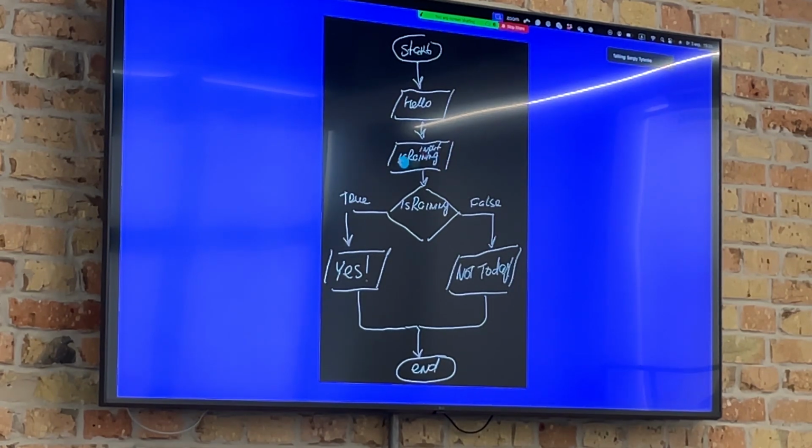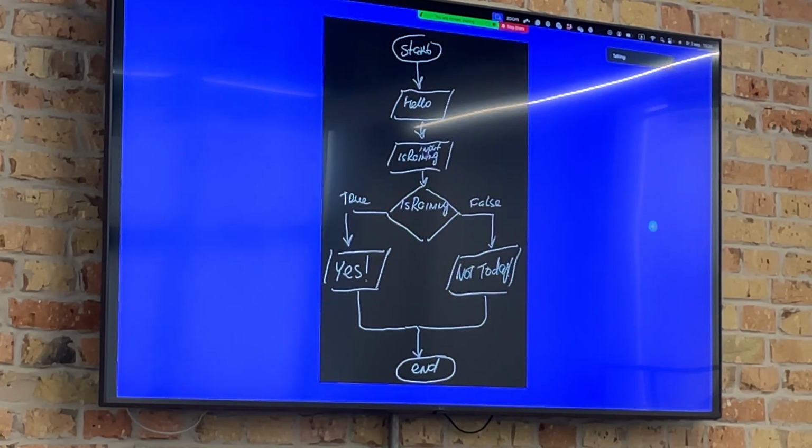I have variable is raining and I ask user to input this variable. Then I ask question, is raining true or false? If true, I output yes, and if false, then I output not today, we will not go to picnic. This is just for Ukrainian picnics, and maybe for picnic for every day, not only for Saturday. Just a simplified version of condition, okay?